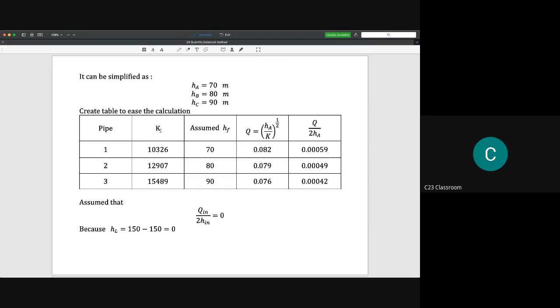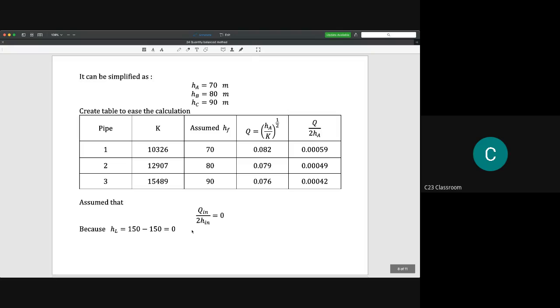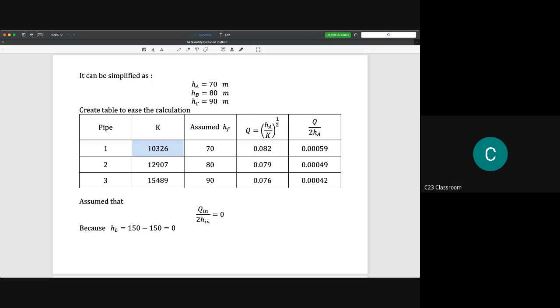So you could calculate the value of K here. In this question, I forgot to give you the value of length and the diameter of the pipe. In a proper question, you will have the value of f, and then you have the value of L and the value of D. Then you could calculate the value of K. So let's assume that for each pipe, we have the value of K as this one,